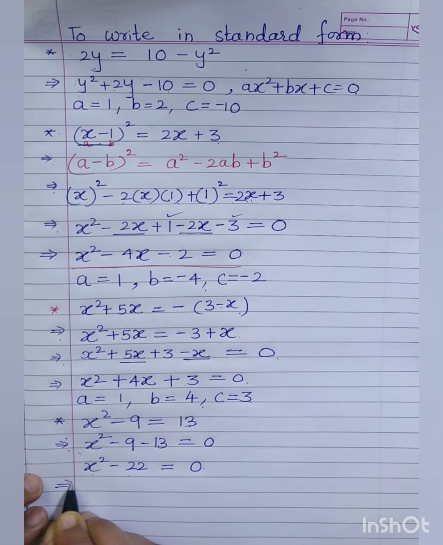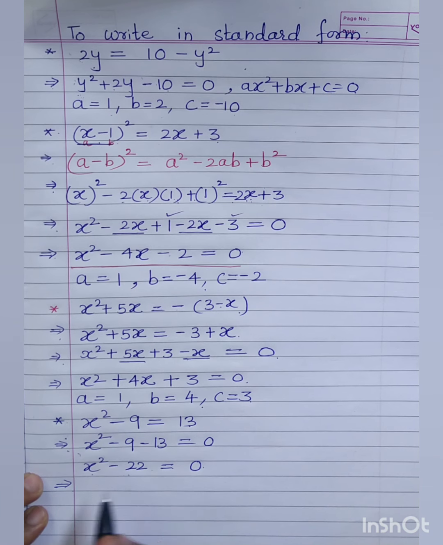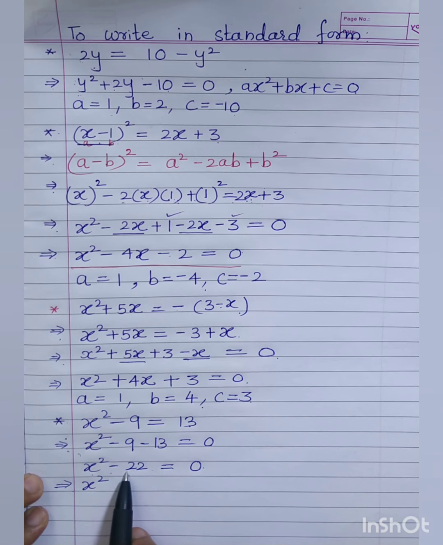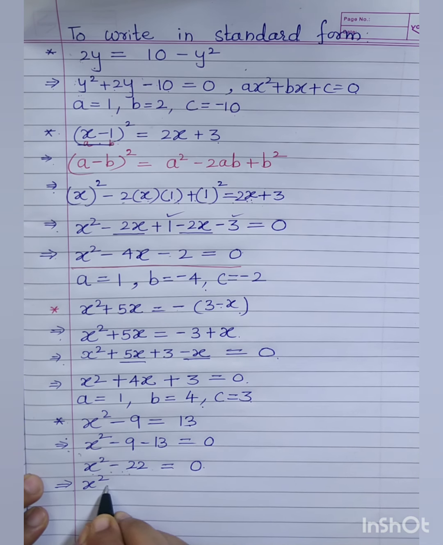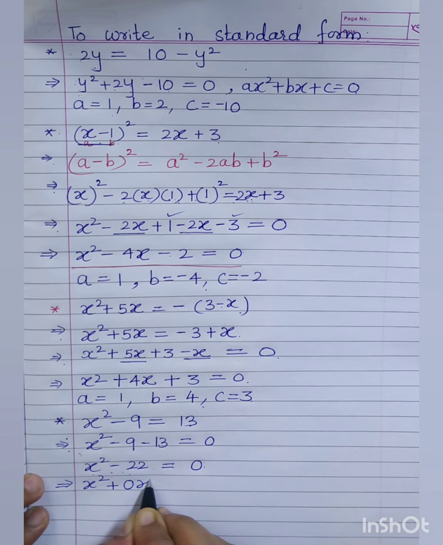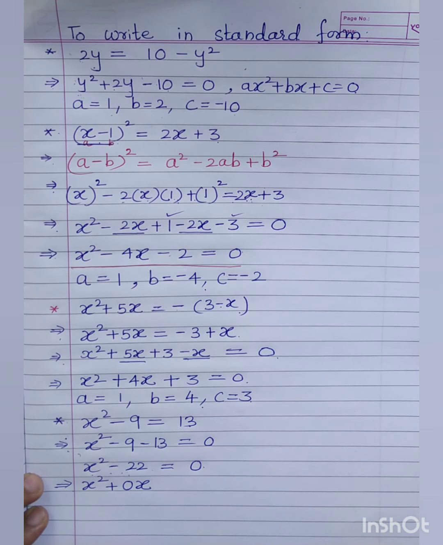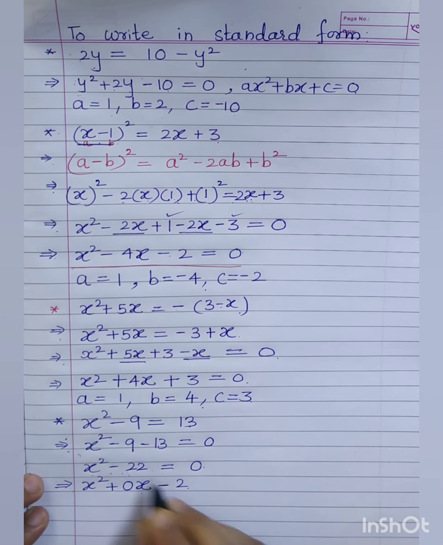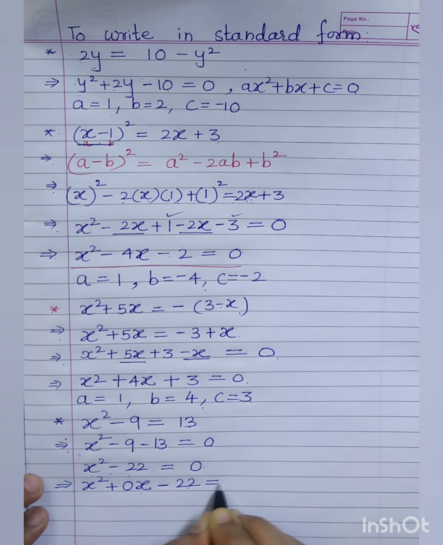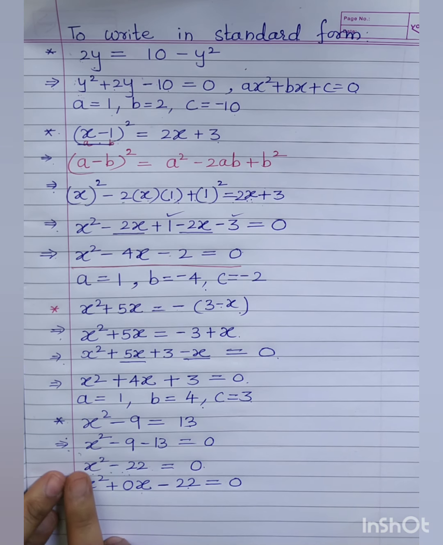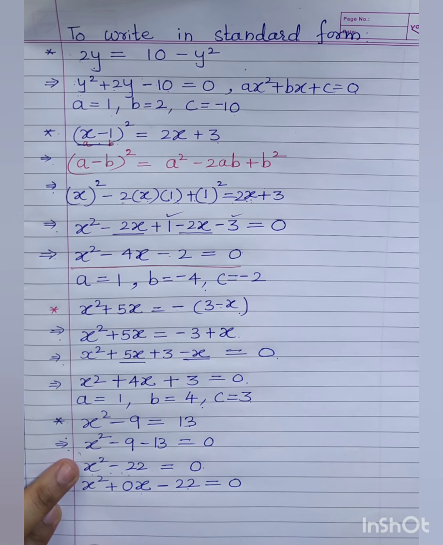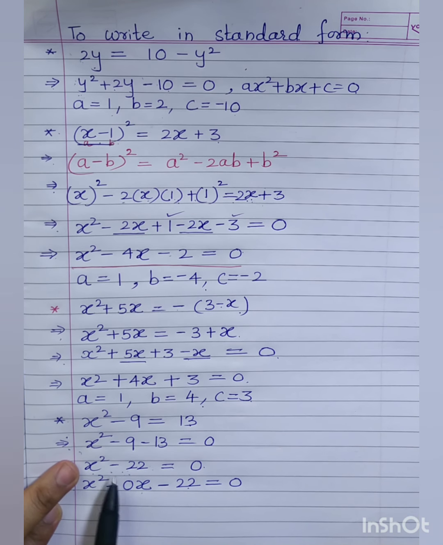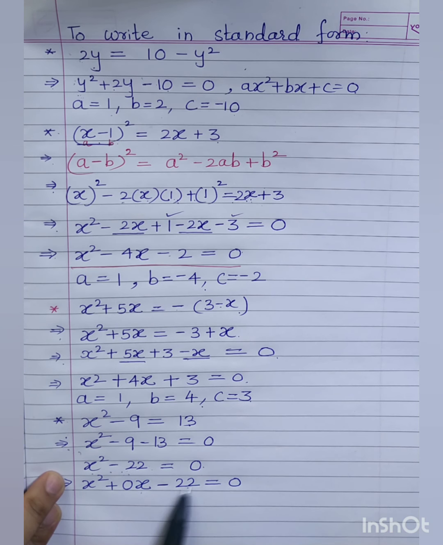But in order to find the values of a, b, c, you need to write it in the standard form. So how will you write? x square. Now that bx term is missing, we can of course introduce it, you can write it as 0x. Yes or no? Because 0 into x will be what? 0. Just in order to write it into the standard form, we have introduced that 0 term there. Minus 22 is equal to 0. So this is a quadratic equation. I repeat that a cannot be 0, b and c can be 0. So here b is 0. And this is the standard form.